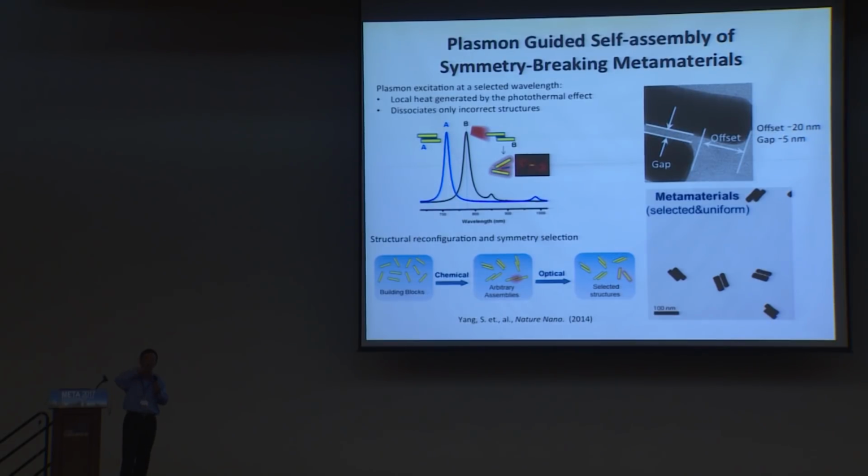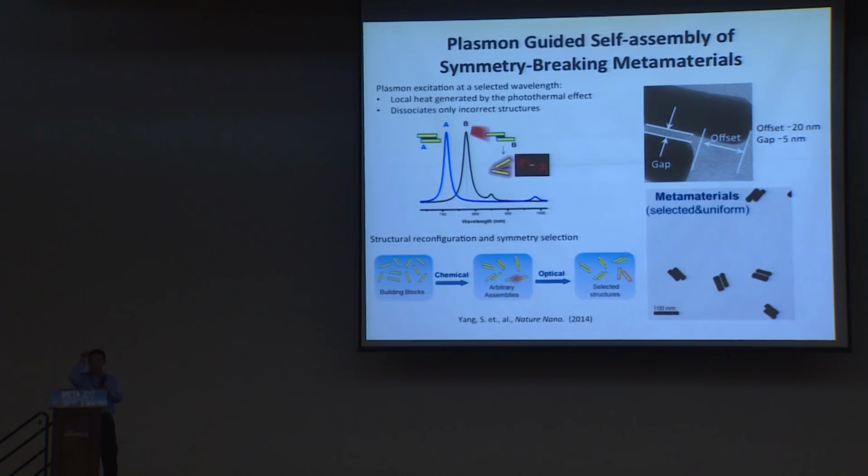So what happens is we are shining a white light, burning a hole at a given frequency, with only the one frequency left. That is the one we want, the structure that survives. All other structures will be photothermally disassembled. And they keep doing this until we reach the desired offset. In this case, the offset is about 20 nanometers with a gap of 5 nanometers. So this is one example of self-correction, self-assembly driven by optical resonance, where the resonance is broadband